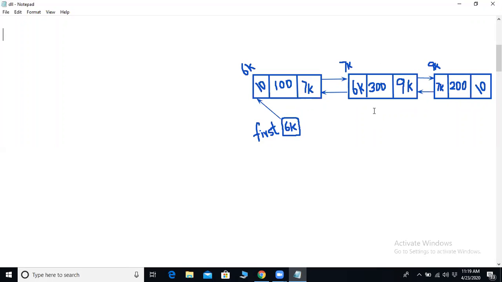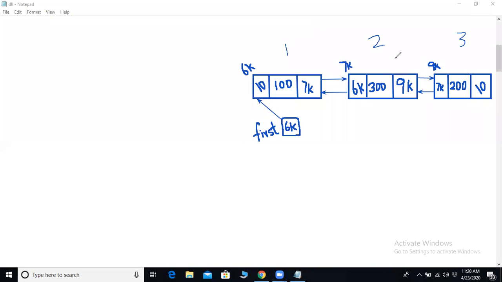Similarly, you can have delete position, another operation. Delete position means if I say delete the node which is at position 2. If you take this one as position 1, this node position 2 and this node position 3, and I give position 2, then the second node needs to be deleted.